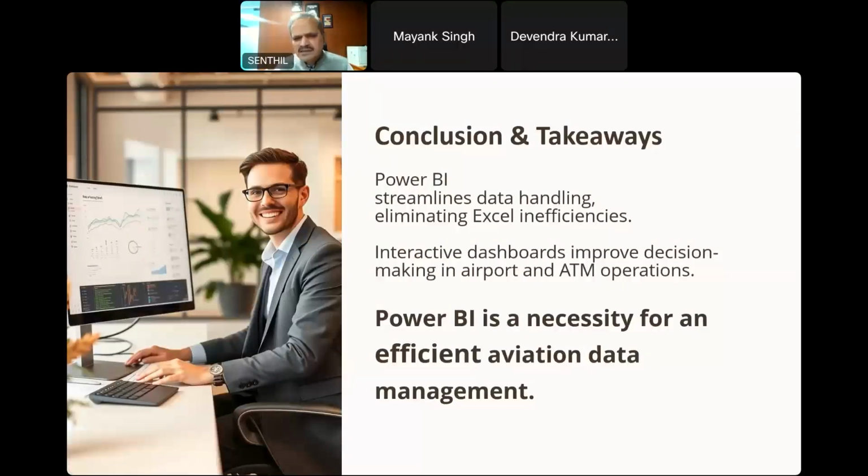So before we conclude, the final conclusion is that Power BI streamlines data handling. Hope I was able to prove that during this short time, and that it eliminates Excel inefficiencies. This also we could prove. Then, interactive dashboards improve decisions. You have practically seen how interactive dashboards improve the